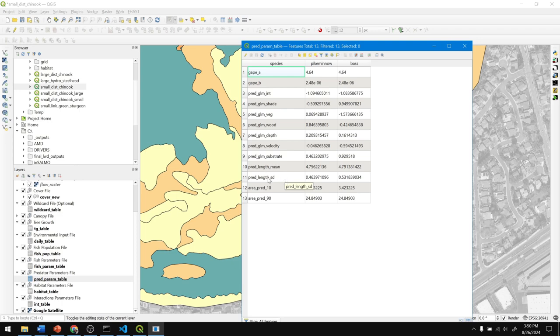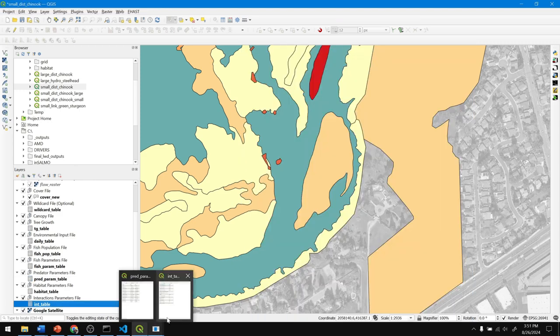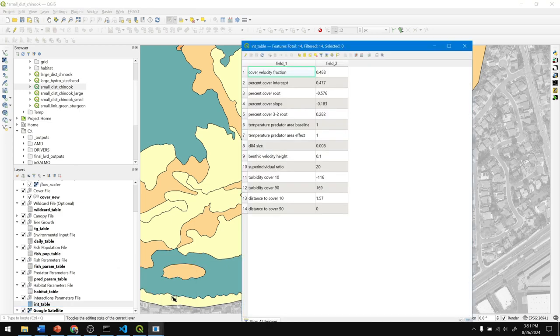Yeah, so we have the length and the standard deviation for the log normal distribution. We have the predator area logistic equation in there. Yeah, so I misspoke earlier when I said it wasn't in there. These are the two, the baseline and the area effect. They're actually in the interaction file,